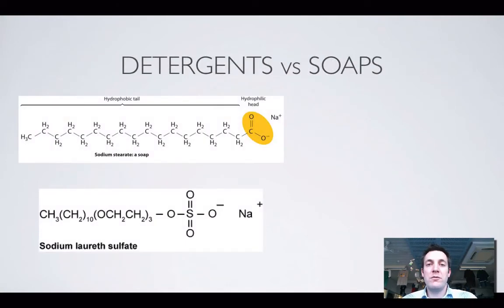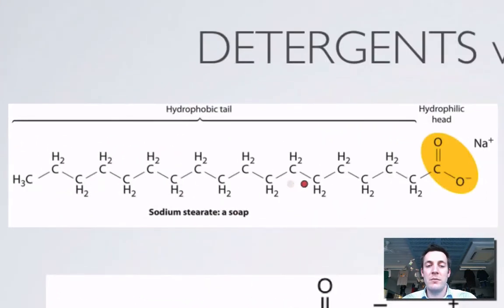Now we're just going to finish off by looking at the difference between detergents and soaps. Here is another diagram of a soap. It's called sodium stearate because it's got a sodium ion here, and this long molecule here is called a stearate ion. Okay, so once again we can see this part of it that loves water